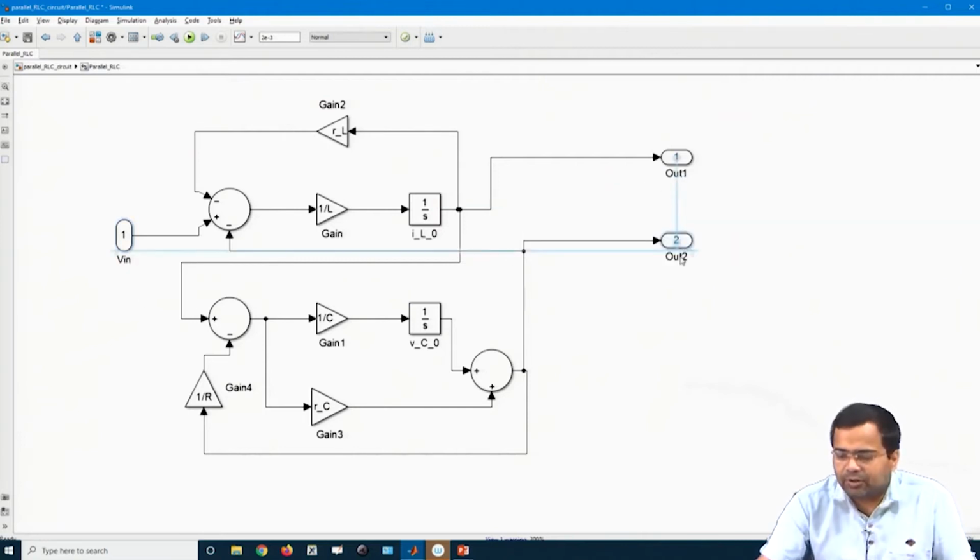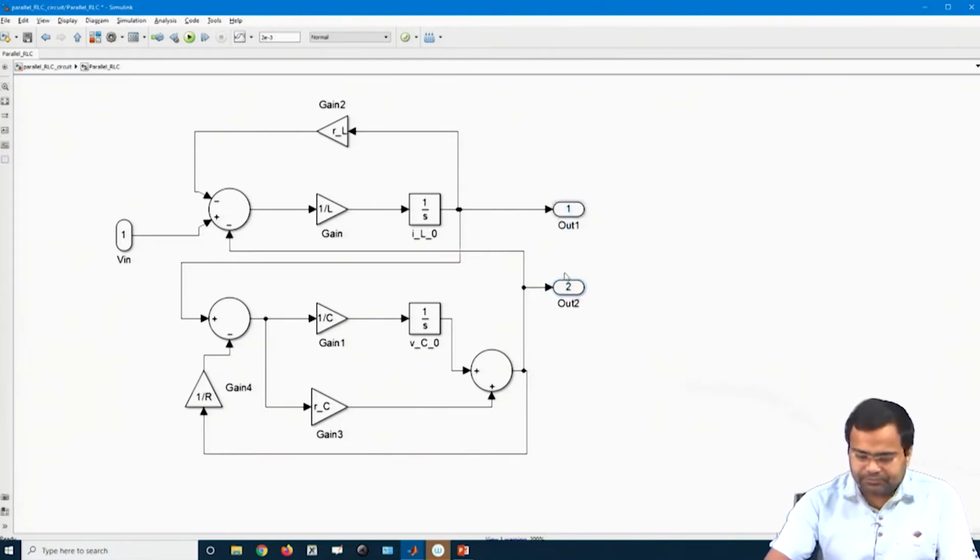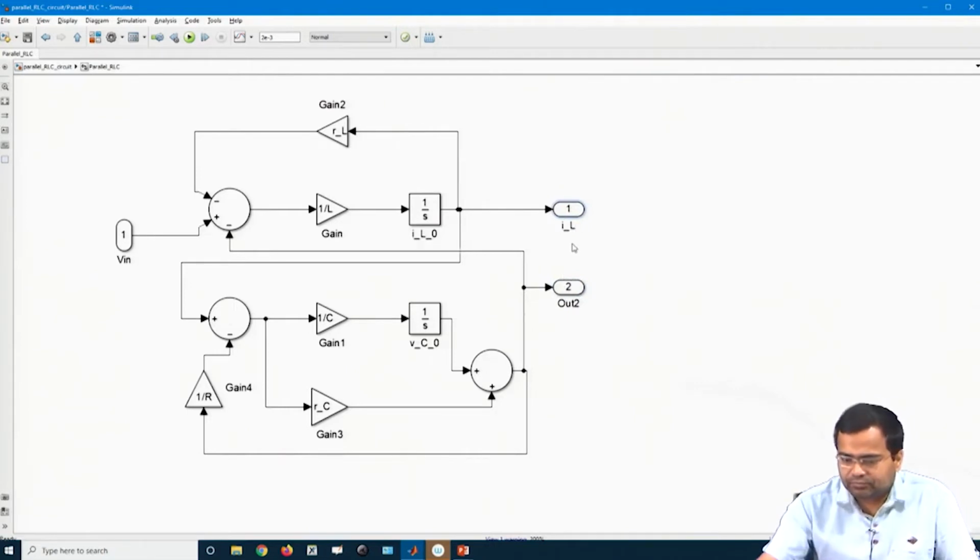and the second block, output we want to see. So, we want as many outputs as we want. This is my inductor current IL, and the third block is my output voltage, not the capacitor voltage. I can write V0,